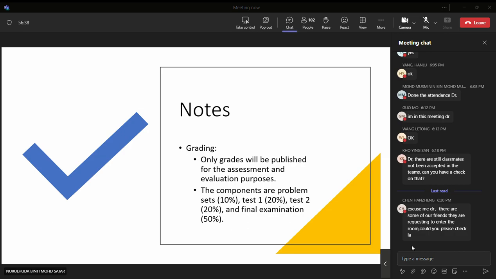And the components of the assessment are the problem sets, which will contribute 10% to the final grades. And the thing that we cannot negotiate is the final examination, because the structure is that